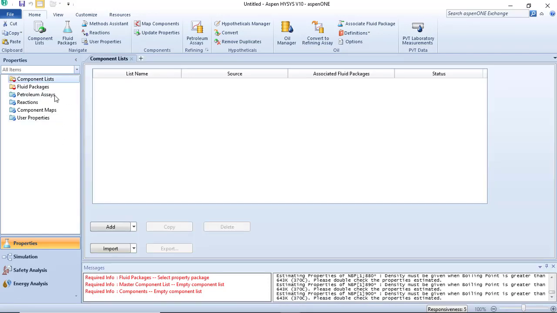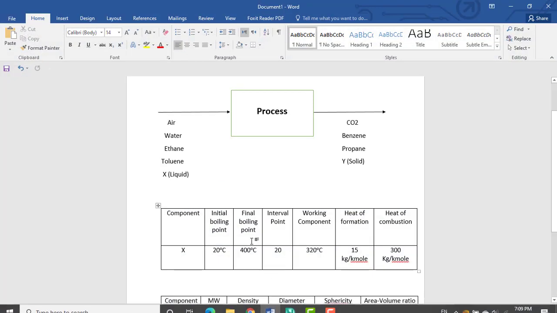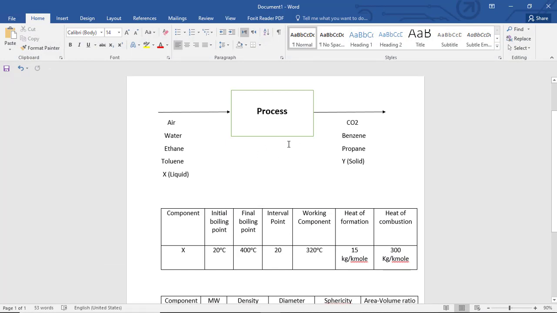So I can see that this is a component list. I will help you understand this video with the help of a sample problem that I have made. Look, this is a process, and this is the left side and this is the right side. This is mainly the reactants, or you can say the input components, and these are mainly the output components. I have created it according to my choice, so do not take it seriously as a real process. And we can also see that here is an X liquid and Y solids,